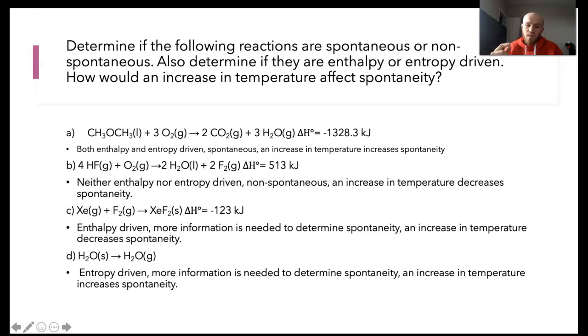because with an increase in temperature, if we think of our equation, our delta S, which is our change in entropy, is going to be a positive value here. So we keep multiplying it by a much higher temperature. It's going to make that negative, the value being subtracted from the change in enthalpy, higher and higher. And remember, we want that negative value for a reaction to be favorable. And so if we keep getting a value higher and higher there being subtracted from the change in enthalpy, we'll end up increasing the spontaneity of the reaction. Right. So with these, you really have to think about the Gibbs free energy equation, and then also thinking about enthalpy and entropy, whether the situation is for when it's favorable and then unfavorable.